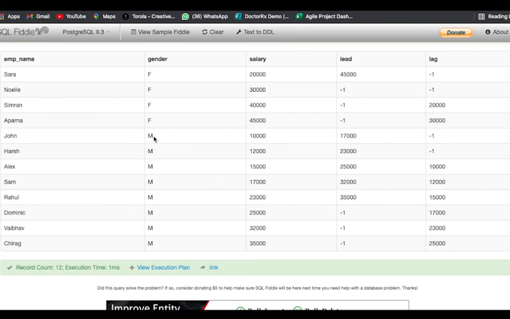Now here we are getting a male, so it won't return us 10,000, it will return us -1 because we have already partitioned this data into female and male. I hope this is clear to you and you can understand why we are getting -1 here in all these columns, because we have partitioned the data into female and male according to the gender by using the partition clause.